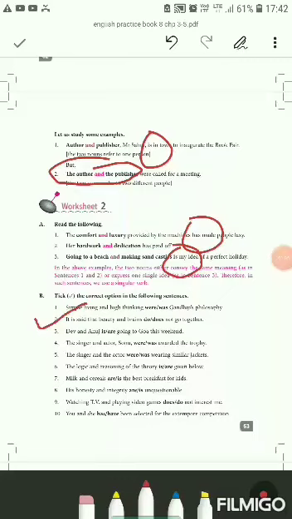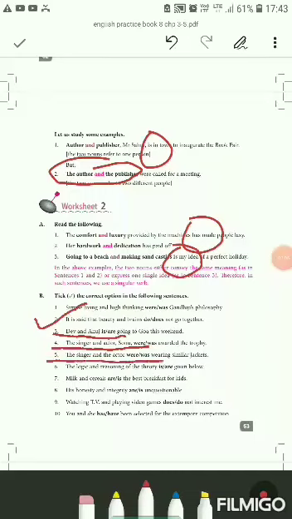Third sentence, Dev and Anuj are going to Goa this weekend. Dev and Anuj are two subjects joined by and. Two nouns joined by and, use a plural verb. The singer and actor Sonu was awarded the trophy. Singer and actor is only one person, that is Sonu. So was. Fifth one, the singer and the actor were wearing similar jackets. Here singer and actor are two persons, two subjects.